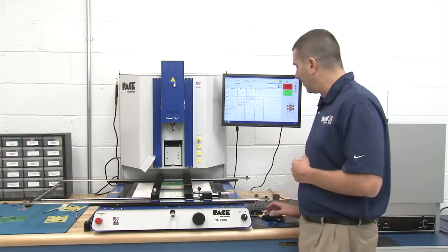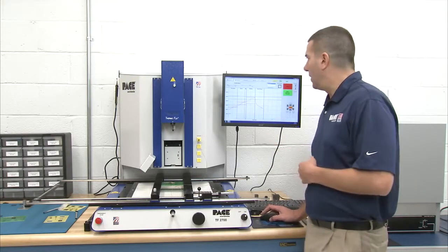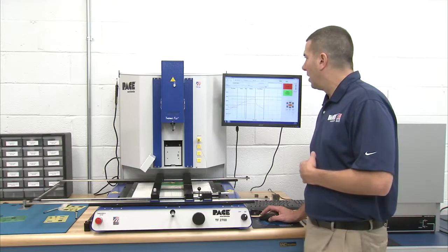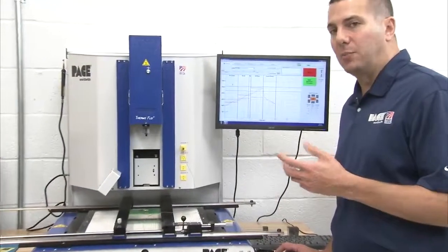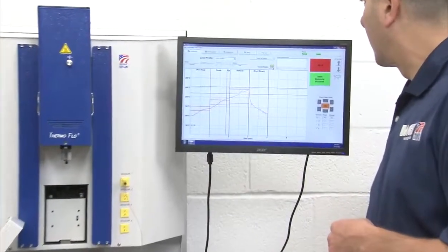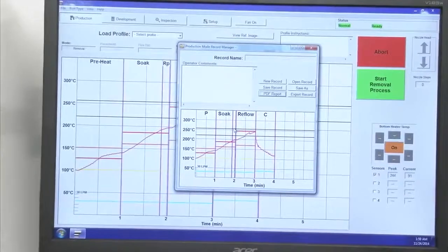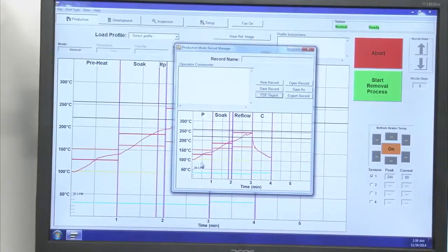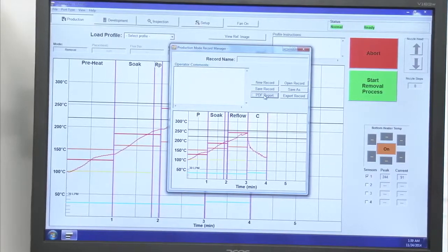A couple other things I'd like to show you, which is one of the great tools we have on here. I ran this in development mode. However, if you ran in production mode, I'll get back to my production screen. I can actually take that profile I just ran and create a report on it. So I can go into my record manager and track it. As you can see, we have a picture of the profile we just ran. But if I create it as a PDF report,